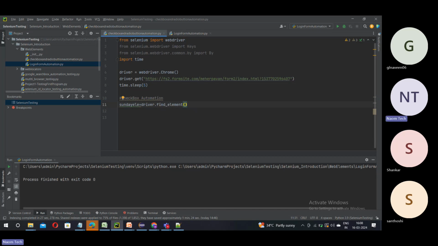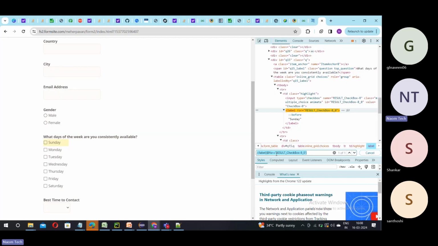Inside this, what should I use? By dot XPath. Okay, comma, in single quotes or double quotes. Copy the pattern which we created to locate this first checkbox. Similarly,